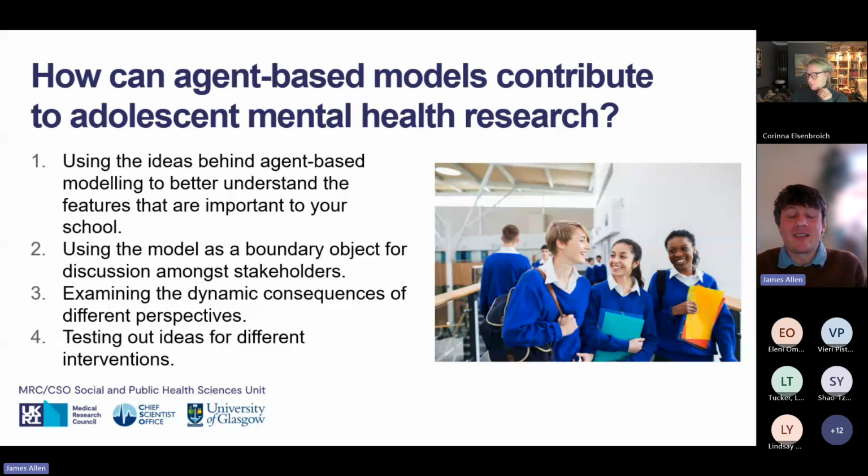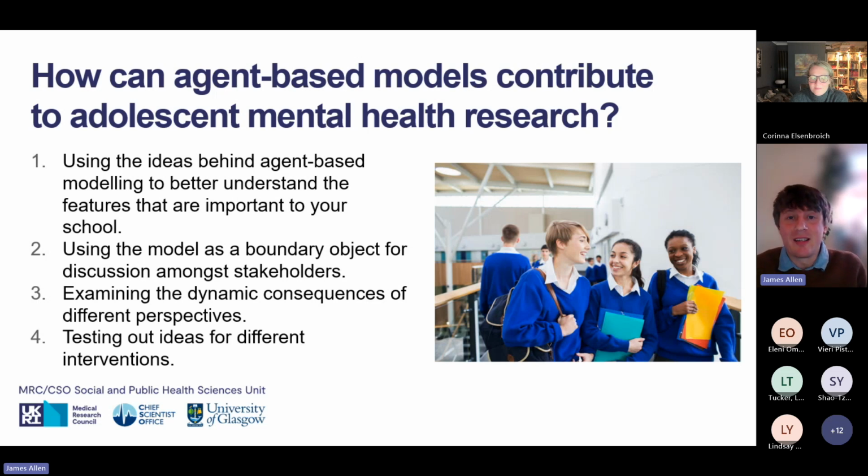What I'm going to present today are some methods where, inspired by ABMs, we've developed participatory tools. And even when you're thinking about an ABM, what I want to communicate is that even if you don't actually put the rules into a computer, understanding what those rules might be is still a very, very useful exercise in terms of understanding your system. So with that in mind,